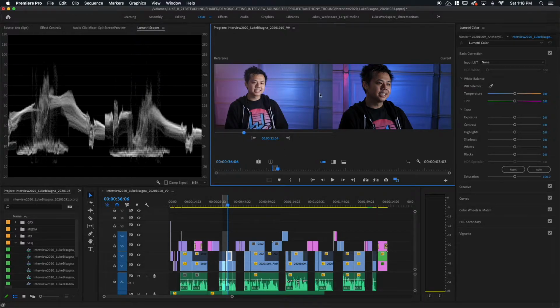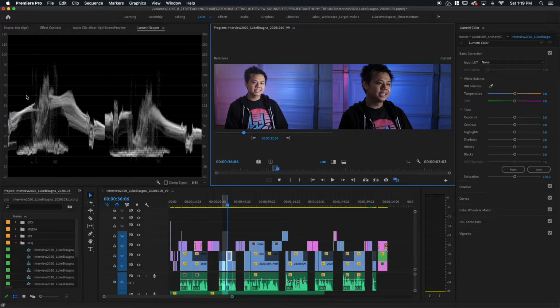So you can see because the screen is split here, the scope is split as well. And you can see the difference in exposure level between the two cameras. The image on the left is quite a bit brighter overall than the one on the right is. Now, what's too bright? What's too dark? Generally, when you're talking about people on camera, you want the exposure of their face to be around 80 or so. You can see there's a scale here on the left, and our subject's face is right around that 80 mark. So that's actually pretty good exposure. But the one on the right's a little bit low, in the 65 to 70 range, so we want to raise that a little bit.